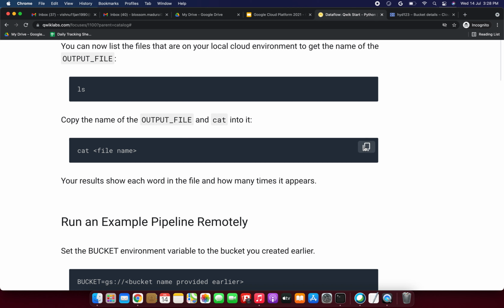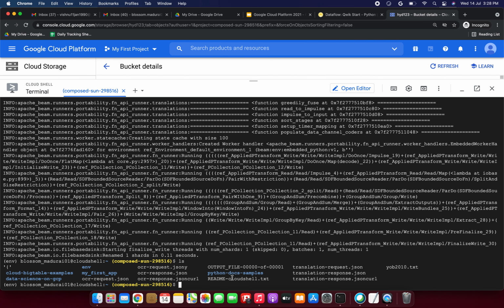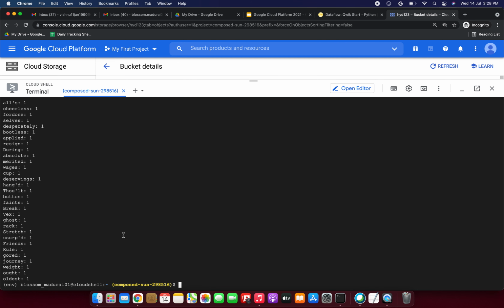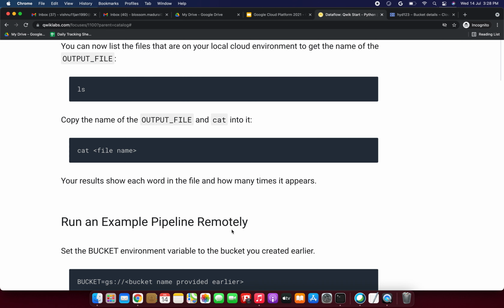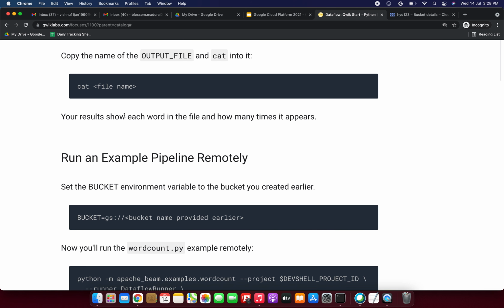So we have to copy this command, and I will put cat, and paste the file name. Okay, just enter it right now. So we are getting some output, right? Yes, great. We are into that output file. Okay, fine. So now the results show each word in the file and how many times it appears.